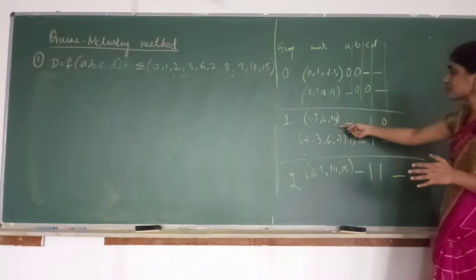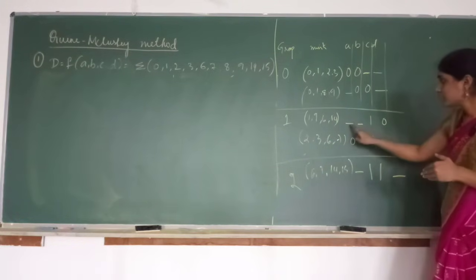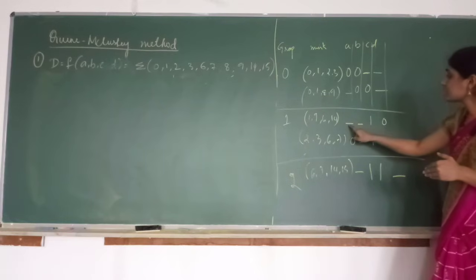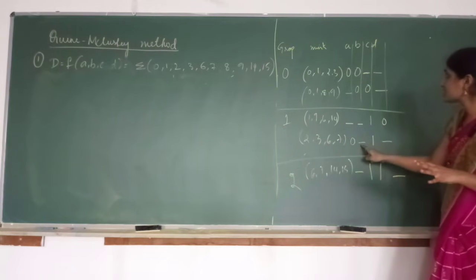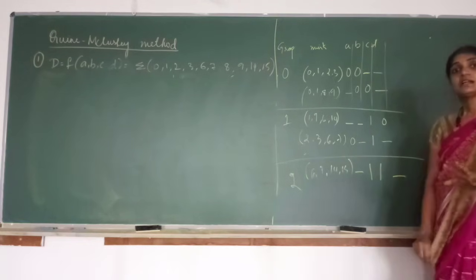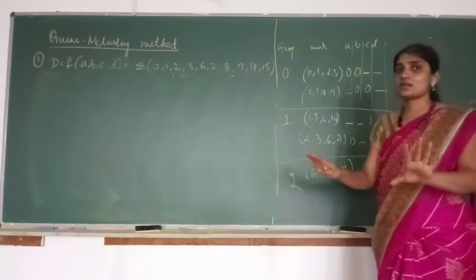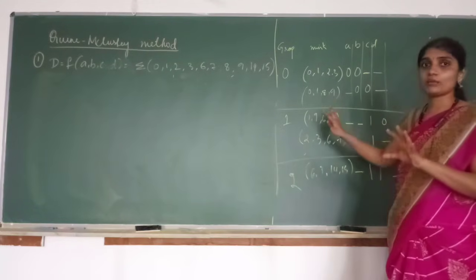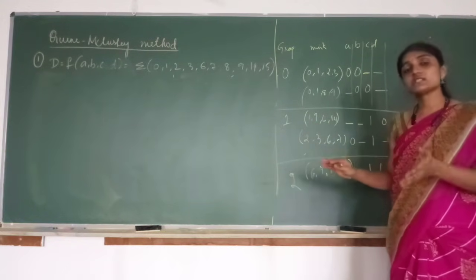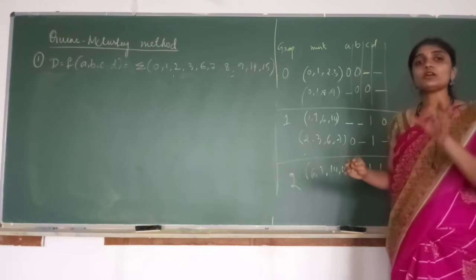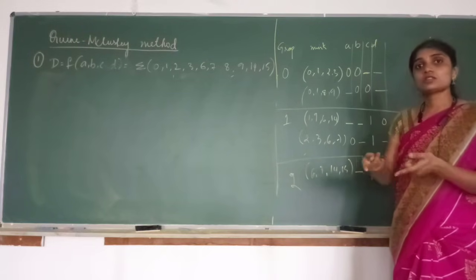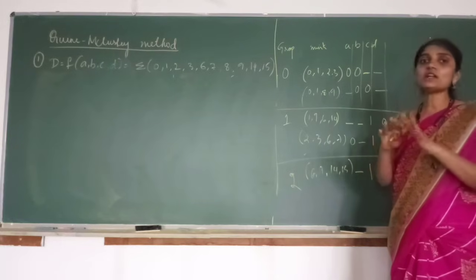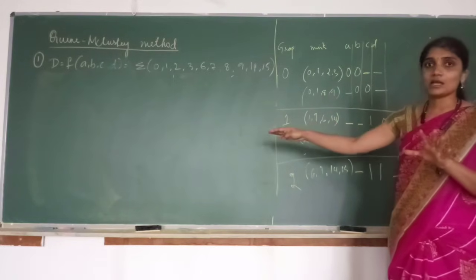Now check the mean terms present in group 1 with 2. First term, dashes are in A, B. No. Second term, dashes are for the variable B and D. No, not possible. That means we cannot construct the next table. This is the last grouping, last table that we could do. If it is possible for some problems, you have to go for grouping 8 mean terms. So next table also you have to construct. But for this problem it is not possible, so I am not going for the next table.